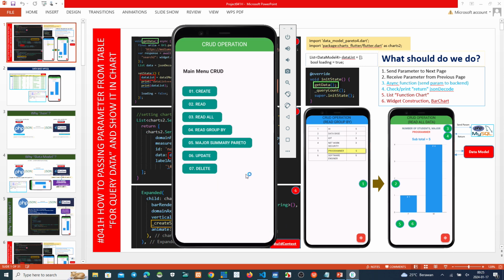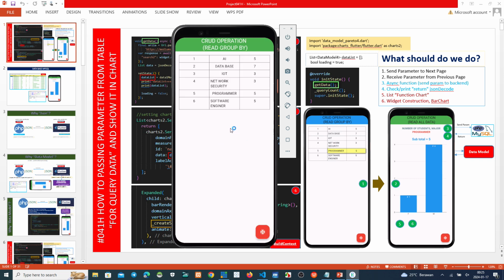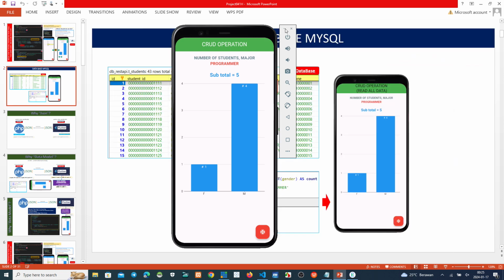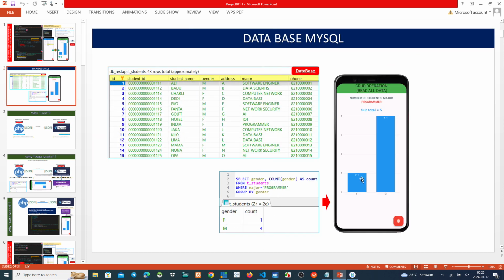If we click this one, read, and click programmer here, this one, programmer subtotal 5, the female 1, and the male 4. Like this. Query data, female 1 and male 4.